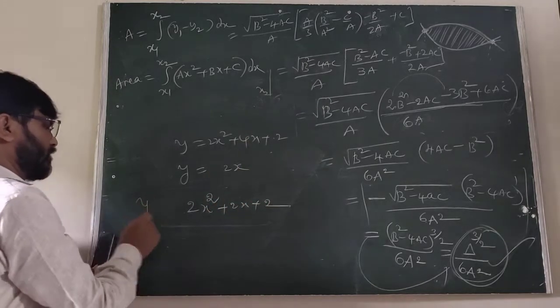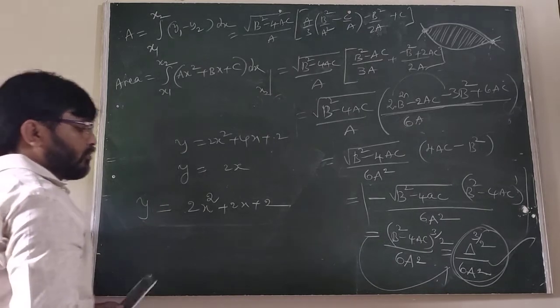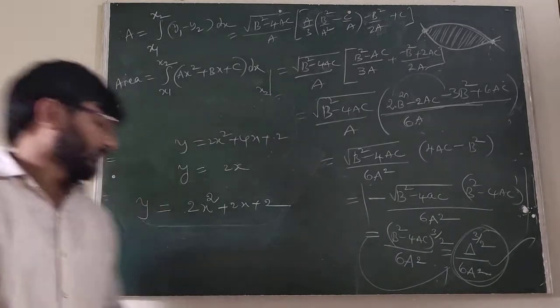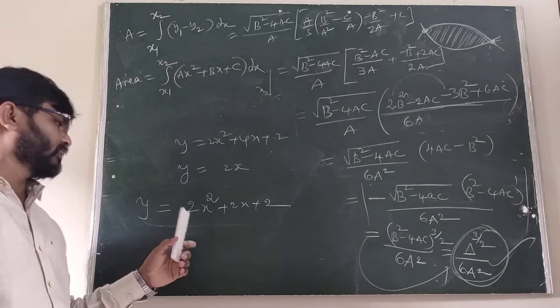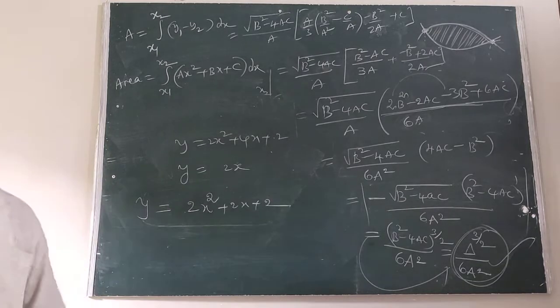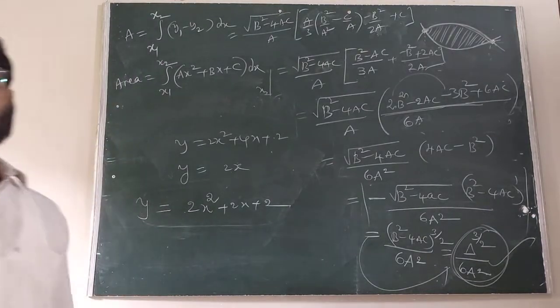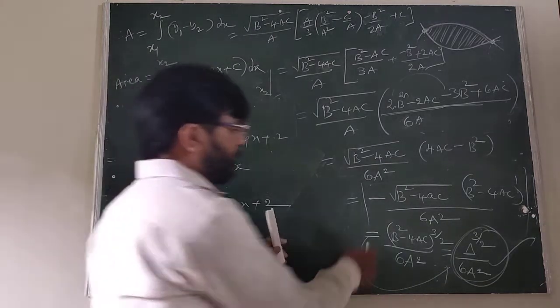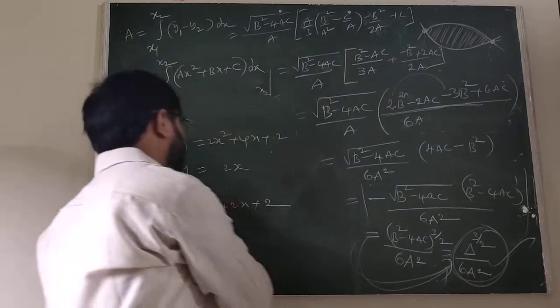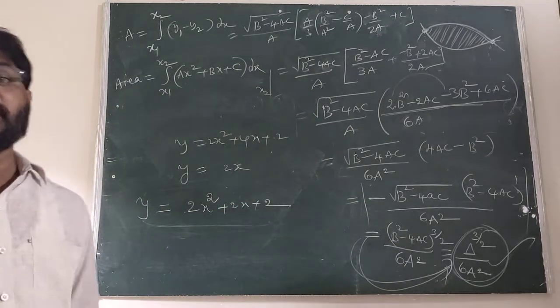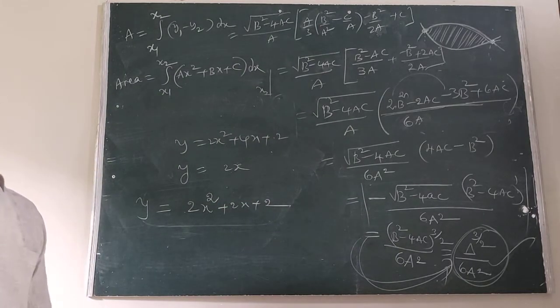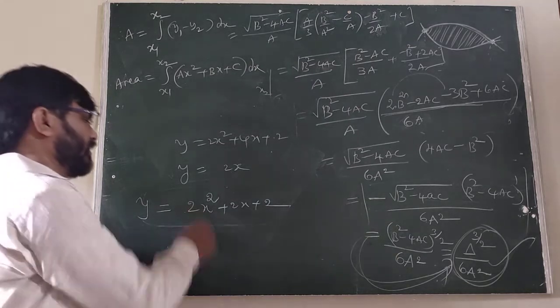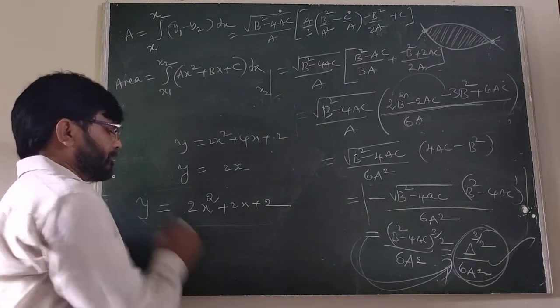That is, we are taking y. But some students divide by 2. Undoubtedly you will lose the answer by dividing into 2. So I am requesting you all, when you apply the formula, the common terms should not be cancelled in that equation. Is it clear or not? This is a very important thing.